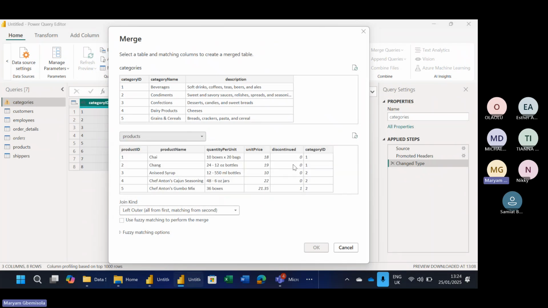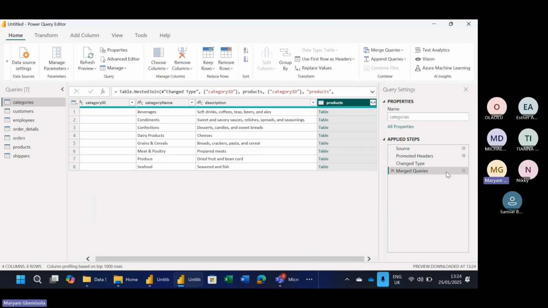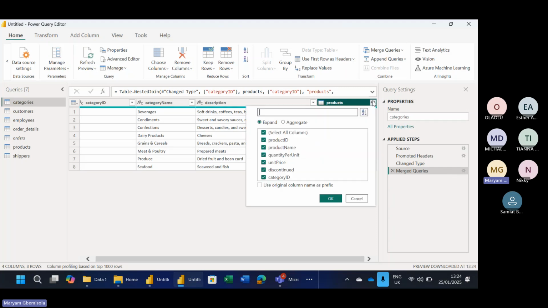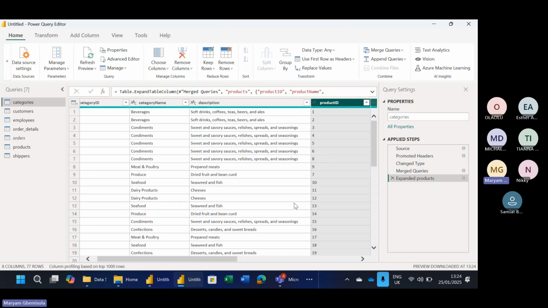And the unique identifier I'll be using is category ID. Category ID, and I'll click on OK. So I'll click here and expand it. And since I have my category ID here, I will uncheck it from here, and I don't want it to come again. I'll click on OK. So I've been able to combine what is in the product table and what's in the